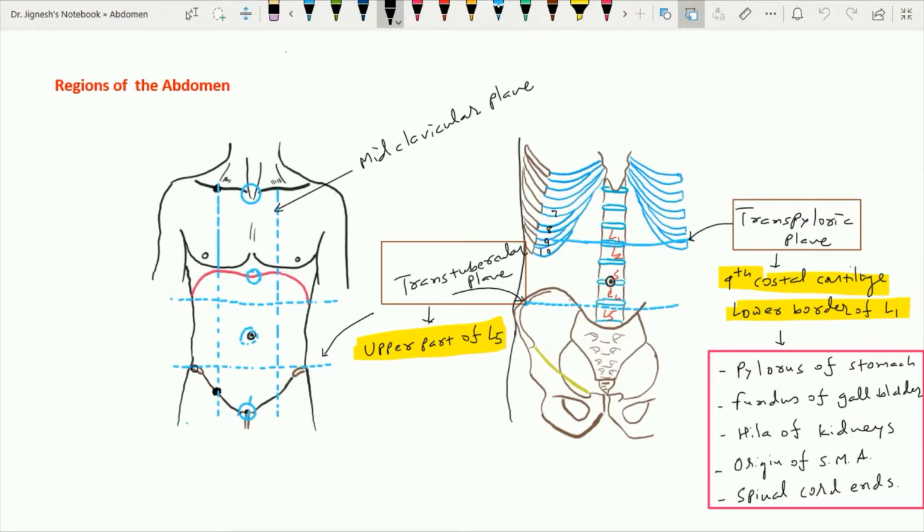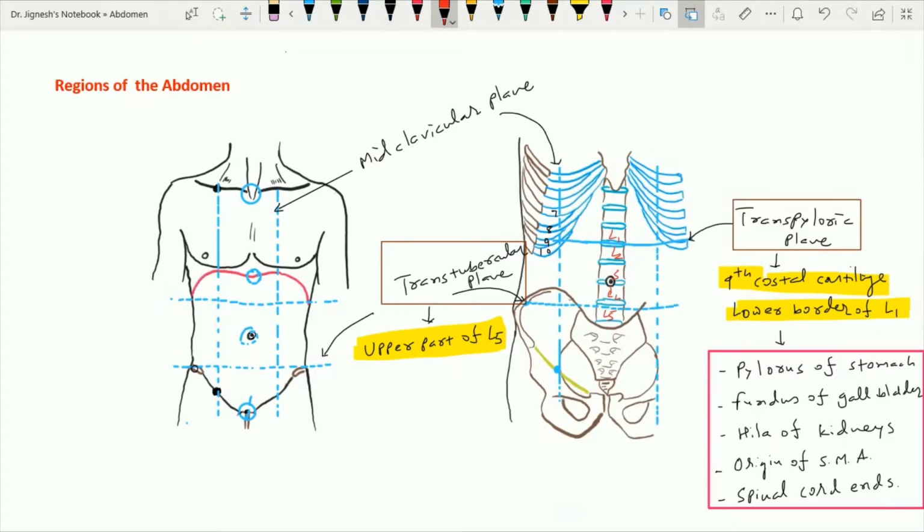So there are two right and left lateral vertical planes, and these roughly correspond with the right and left mid-clavicular planes. Now let's see on this bony framework having the two vertical planes. These two vertical planes are going to pass through the midpoint of the anterior superior iliac spine and the pubic symphysis, and above it is going to continue to the midpoint of the clavicle.